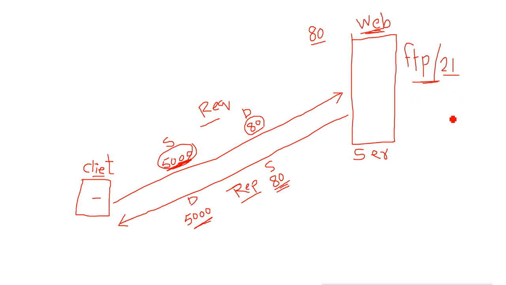So whether I want to allow or deny, I have to mention the destination port for mentioning the protocol. Now if I don't want to mention the protocol, then what? It will only block the communication. It will block all communication between this client and this server. So if I want to block any specific protocol like web server or FTP server, then I have to mention the destination port. Otherwise I can give it without a port also, and if I give it without a port, that means all the services will be blocked.